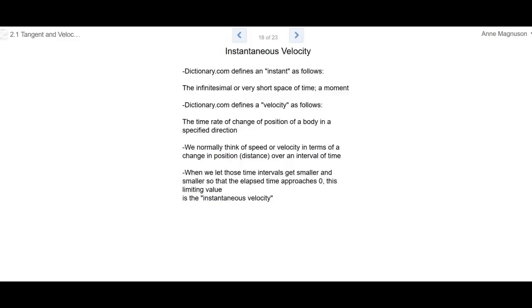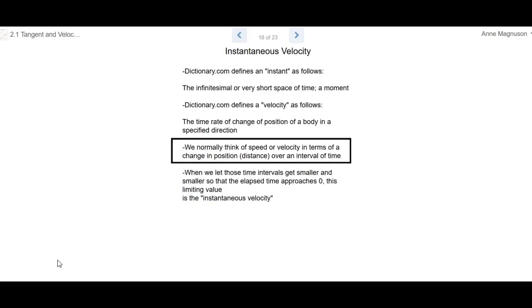In this video, we're going to talk about instantaneous velocity. This is really just an application of what we've talked about before. In the previous video, we talked about the slope of the tangent at one particular point was the instantaneous rate of change. When we have a position or a distance function,